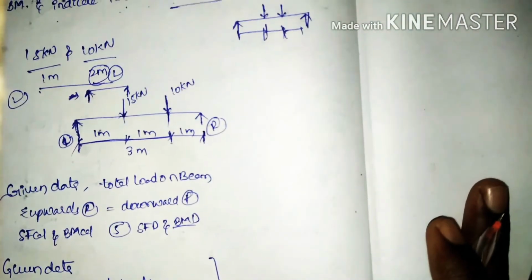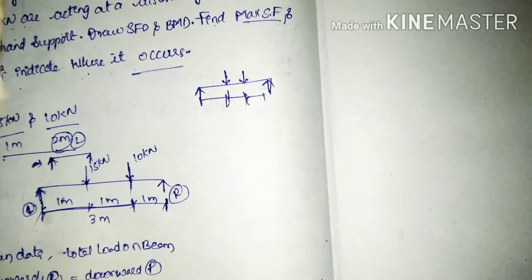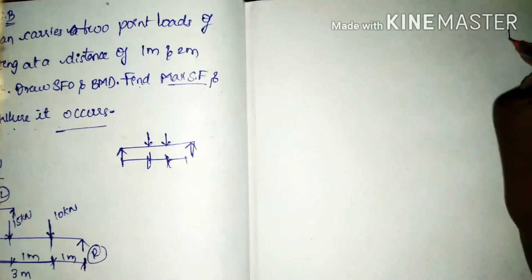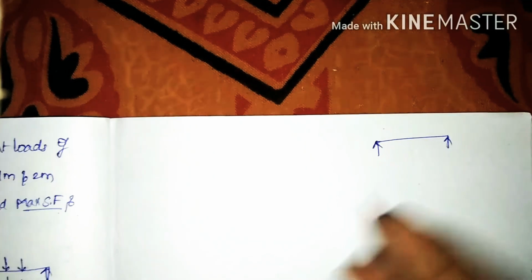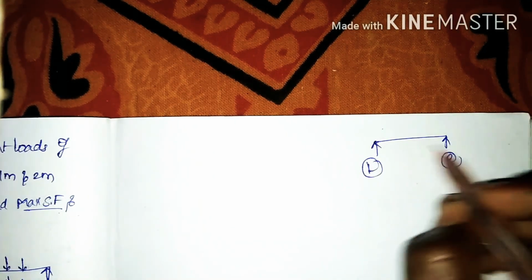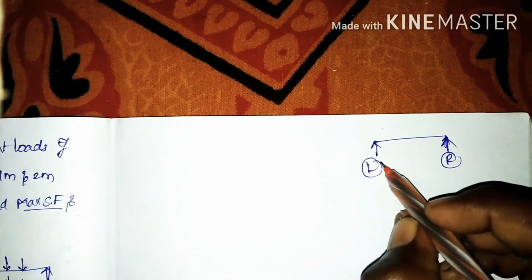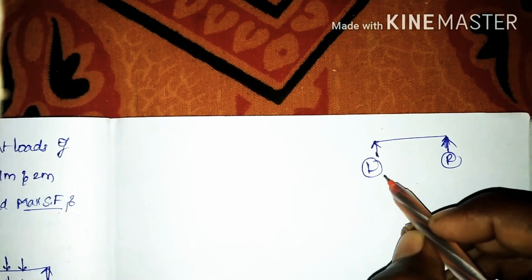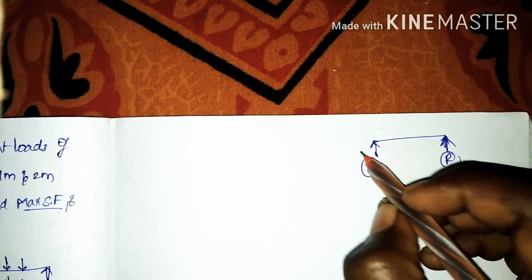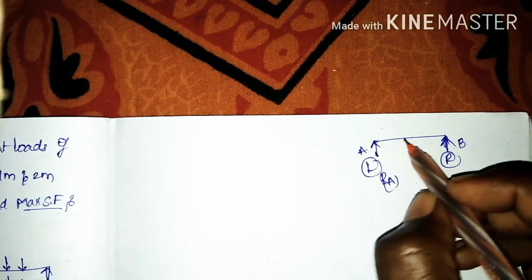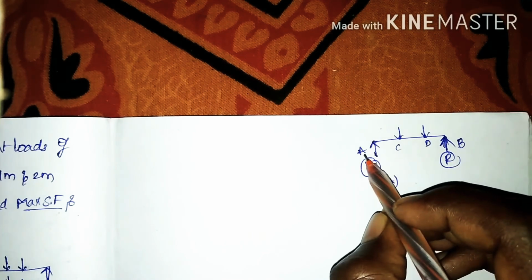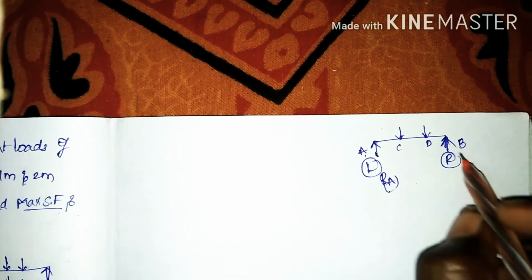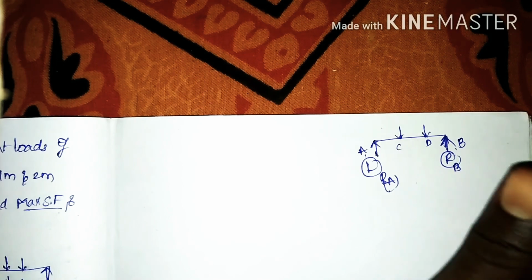Next, number 3, equating upward reaction is equal to downward forces. Here we are having two reactions or two supports. With respect to those supports, we are also having reactions. Let us consider this A support and this is B support, and the loading at C and another loading at D. For the A support we are having reaction RA, for the B support we are having reaction RB.